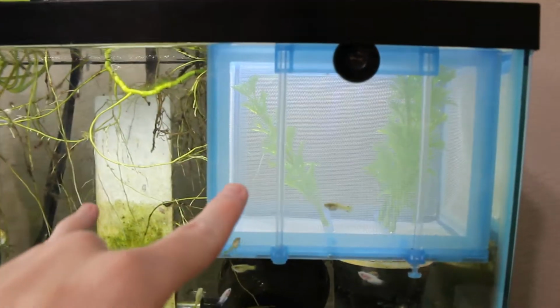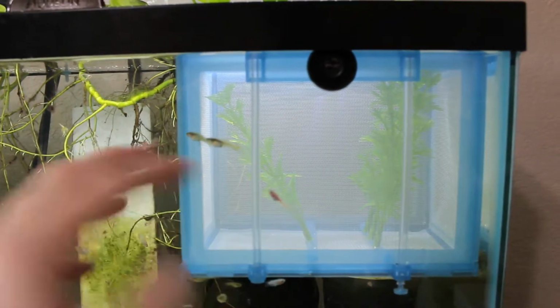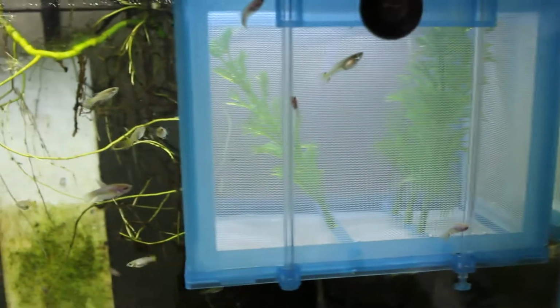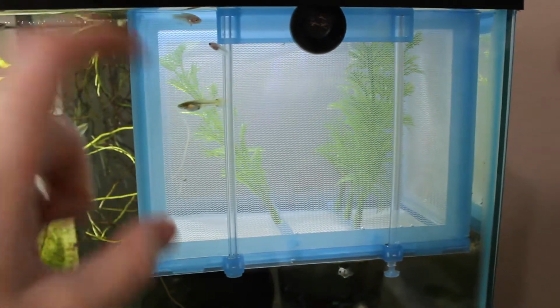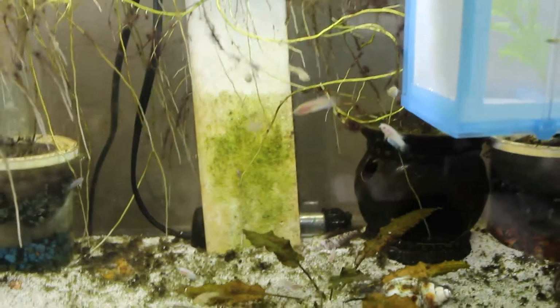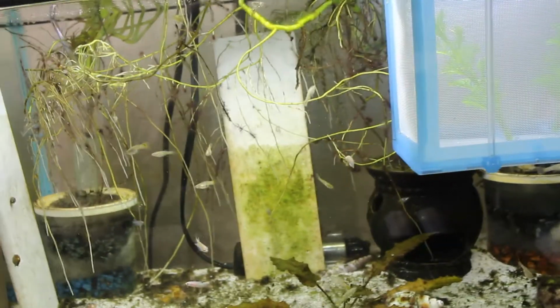But I got this little, I forget what this is called, the little fry basket. I'm going to put the fry in this little fry basket and grow them out for a little while. And once they get to a certain size where I feel like they won't be attacked in this tank, most likely by the time I'm done moving all my bettas out of this tank, which will be in the next month or two because I'll need to start separating them, I'll be able to let the fry